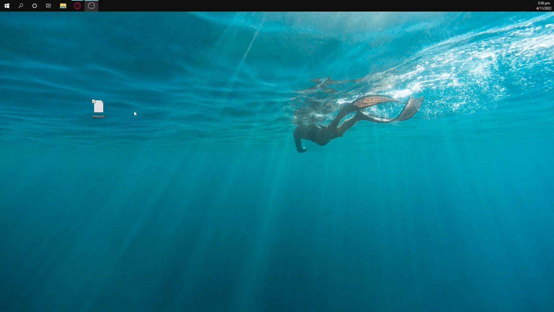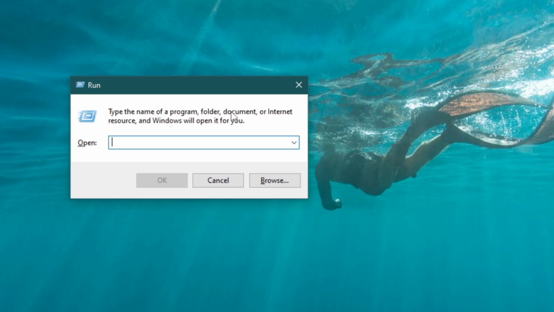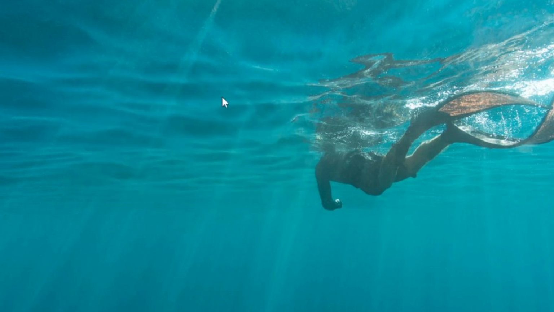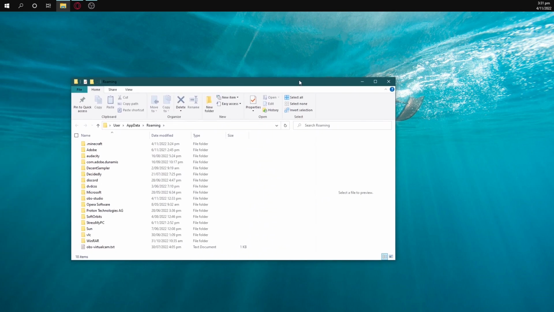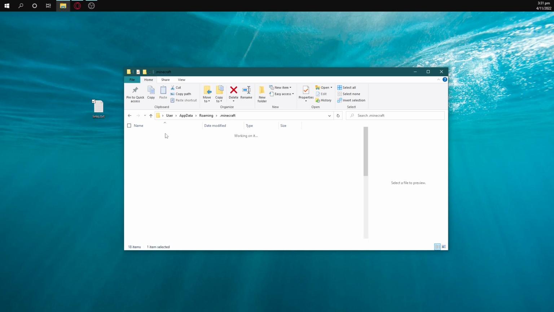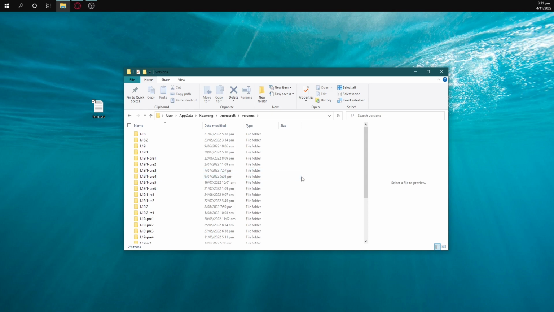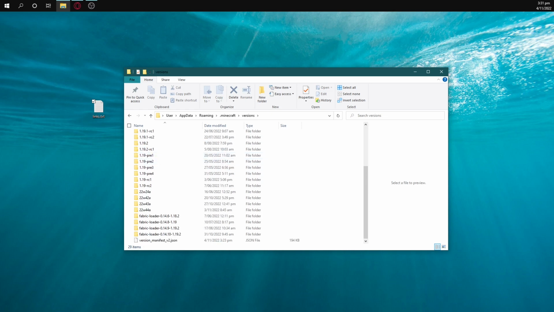Then you're going to want to hit Windows key and R, and that's going to bring up this little run thing here, and we're going to type in %appdata% and hit enter, and that's going to bring up this folder here. At the top of the folder should be .minecraft. Click on .minecraft. You're going to scroll down to versions, and you're going to want to just drag your Aristois